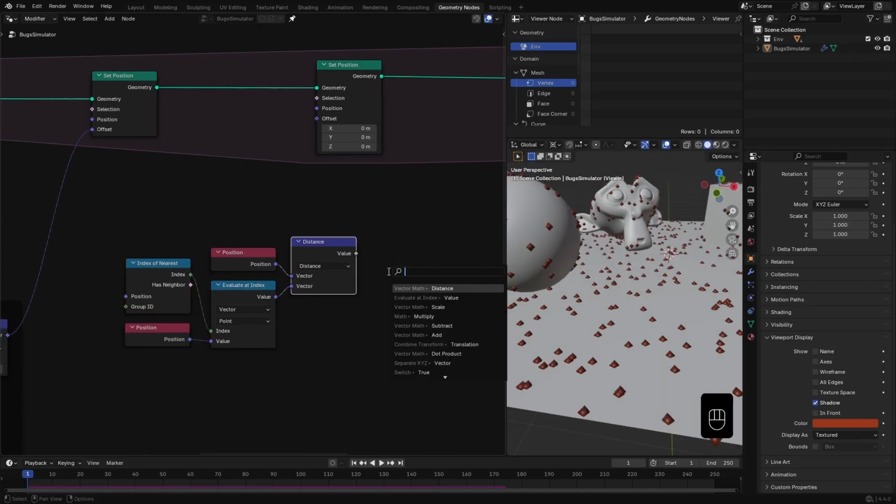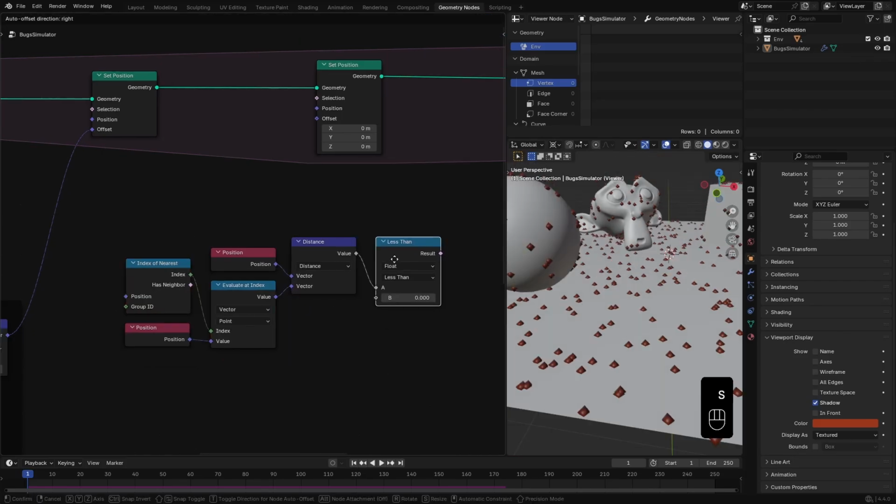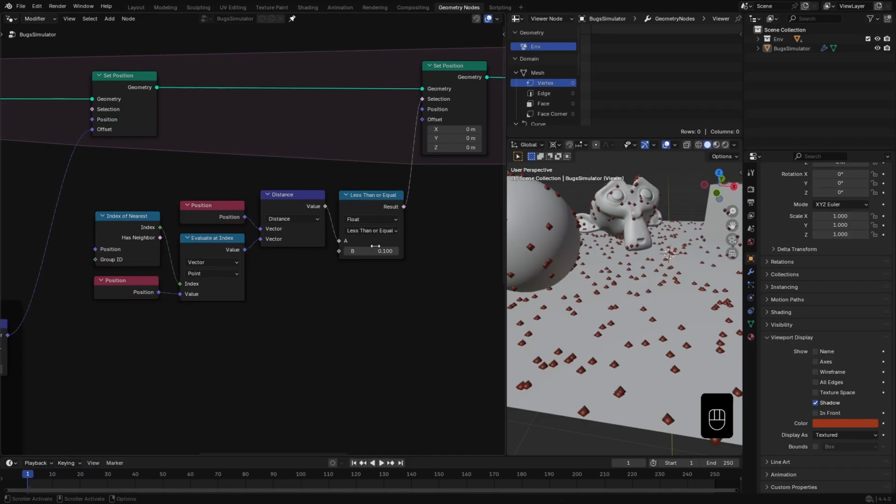For that, I add a compare less than node. Let's set this to less than or equal. And I set the b value to 0.1. If the distance is less than 0.1, we'll consider that as a potential collision. This value depends on the size of your bugs, so feel free to adjust it for your scene. We'll use this comparison as the selection input for our set position node, so only bugs about to collide will